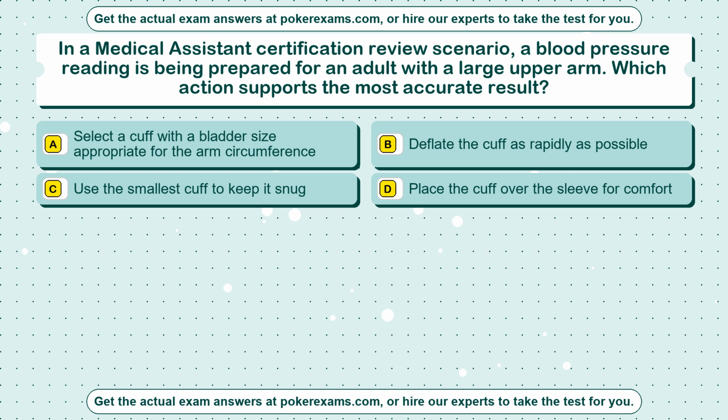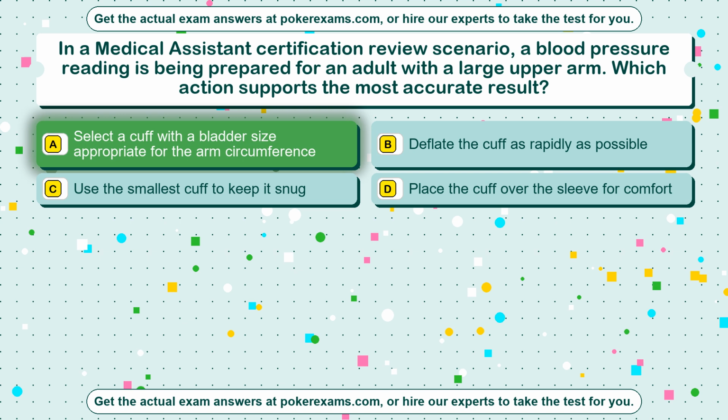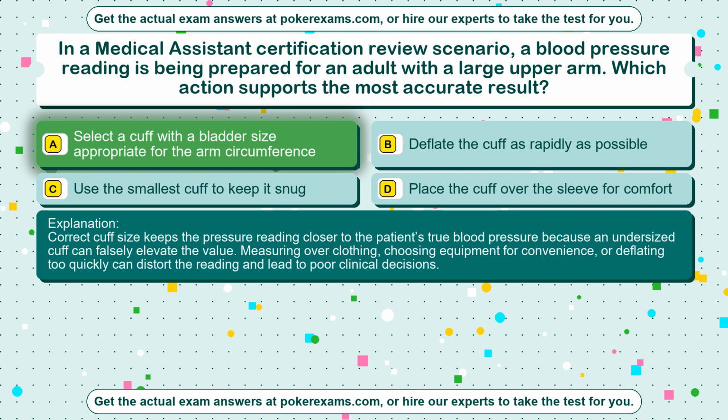Option A, select a cuff with a bladder size appropriate for the arm circumference. Option B, deflate the cuff as rapidly as possible. Option C, use the smallest cuff to keep it snug. Option D, place the cuff over the sleeve for comfort. The correct answer is option A, select a cuff with a bladder size appropriate for the arm circumference. Correct cuff size keeps the pressure reading closer to the patient's true blood pressure because an undersized cuff can falsely elevate the value. Measuring over clothing, choosing equipment for convenience, or deflating too quickly can distort the reading and lead